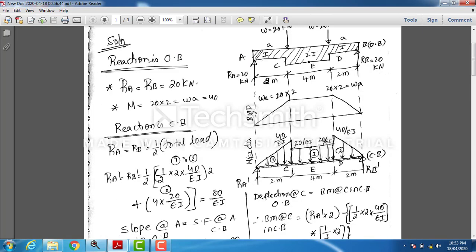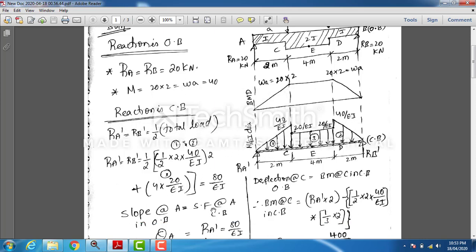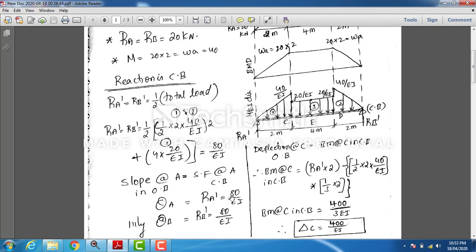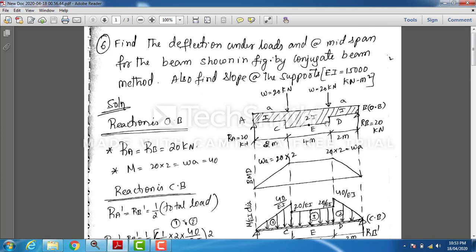Slope at A in the original beam is equal to shear force at A in the conjugate beam. So shear force at A in the conjugate beam is RA dash, which is equal to 80 by EI. Similarly, theta B is equal to RB dash, which is equal to 80 by EI. Now our main aim is to find deflection at point